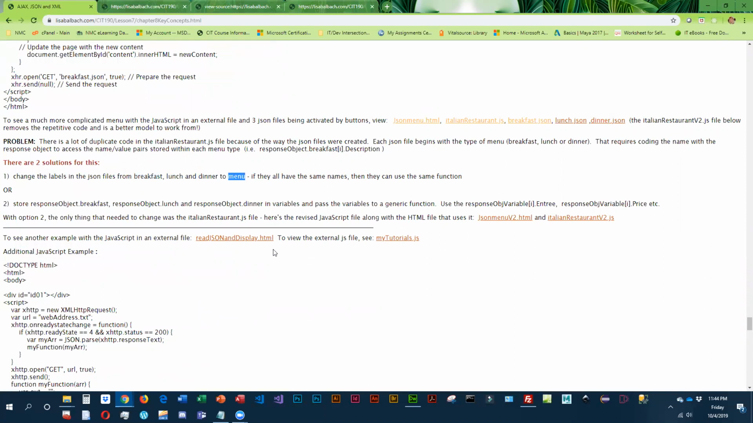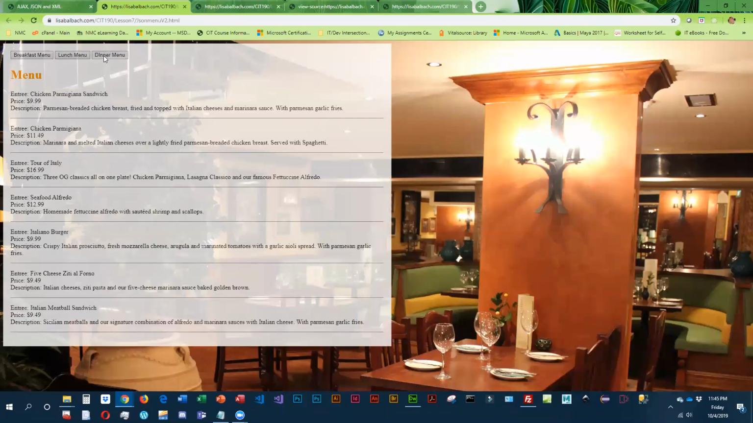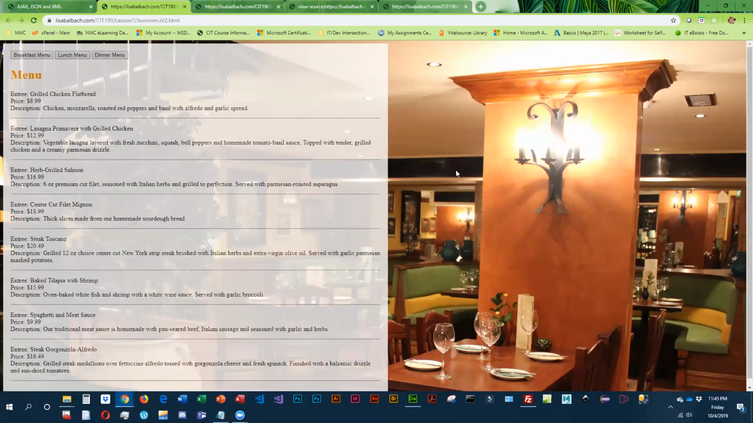The other way you could do this is you could store response object.breakfast, response object.lunch, response object.dinner in variables and pass those variables to a generic function. Then you could use that variable and subscript in to get the entree, the price, etc. So I rewrote this using method 2. And you'll see it works. And then if we come and look at the code,